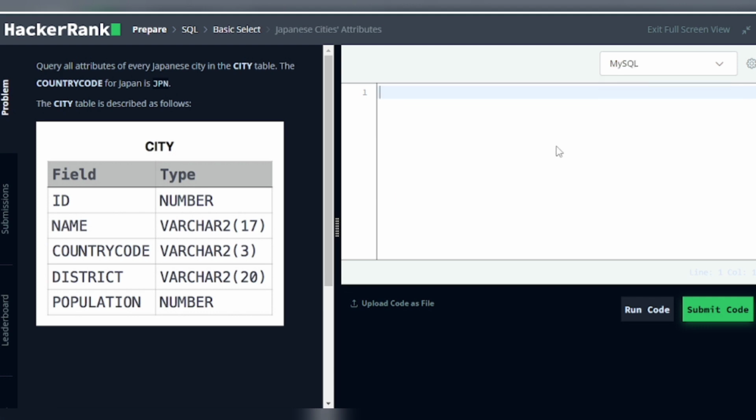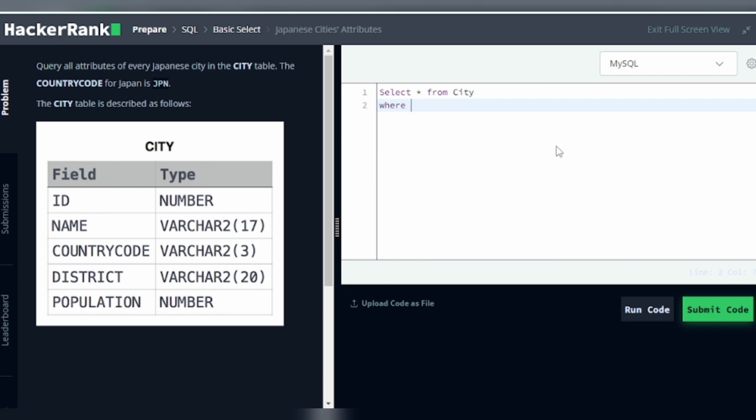Firstly, in MySQL, start with the SELECT query. Star means all columns and all rows, from CITY. Then on the next line,